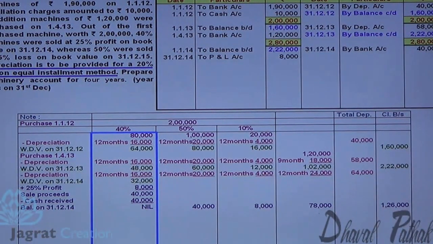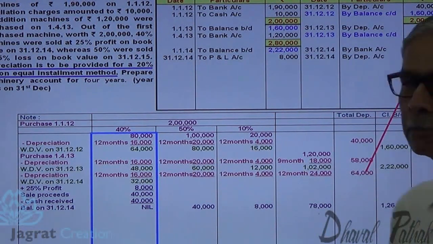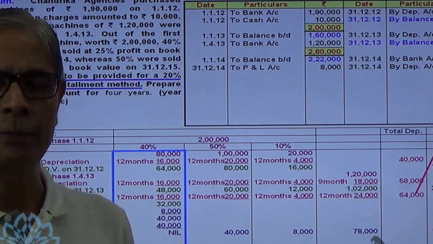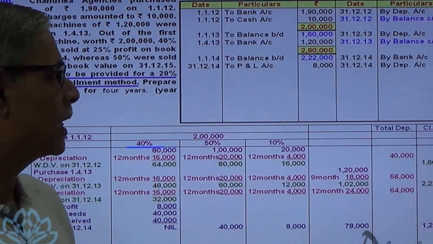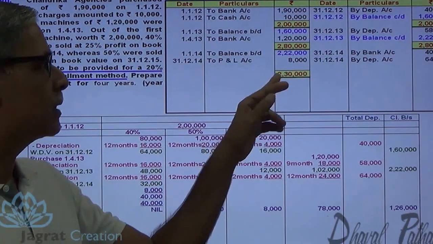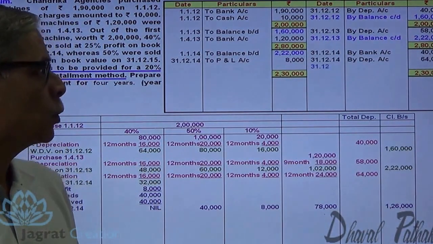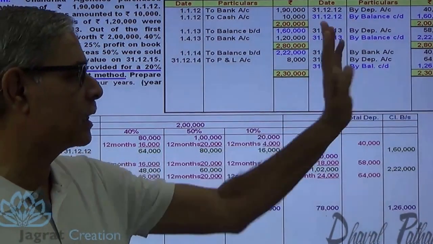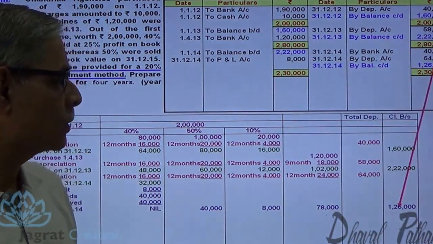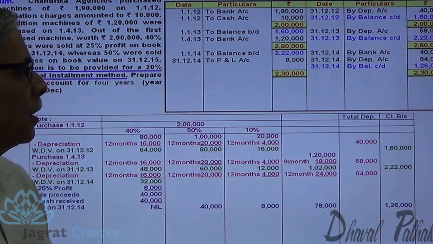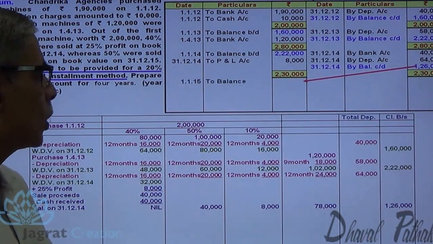Now I am required to write the entry for depreciation, 64,000. This is the total depreciation. Depreciation account debit to machinery account credit 64,000. After recording the depreciation on the credit side of machinery account, strike the closing balance. So total of debit side: 220 plus 8, 230. I write 230 here, and from this 40 and 64 are deducted. So you will get the closing balance of 1,26,000. This 1,26,000 will tally with this number. Now this 1,26,000 will be carried forward to next year, 1/1/2015.